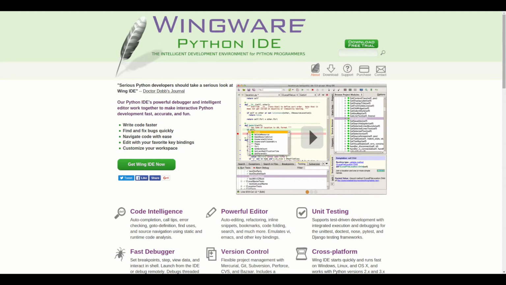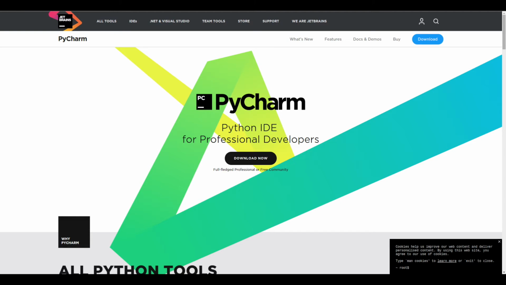There's Wing IDE, which is the one I use personally, and I don't work for them or anything like that, so it's not an advert. It just works much better for my Linux system, which I develop on all the time, because it gets rid of so many problems that Mac and Windows users experience. And they do a Wing IDE 101 that you'll pay nothing for, that you can use just to get you started and learn. The next one that I've used is PyCharm, and I've used that in production as well,